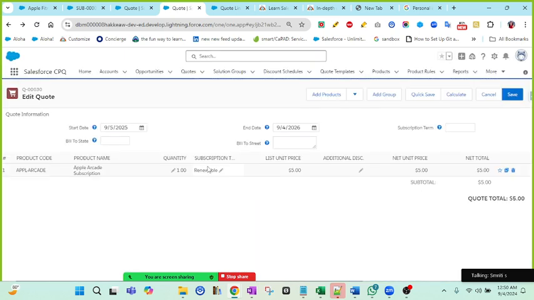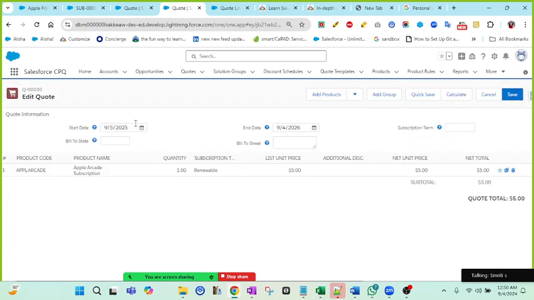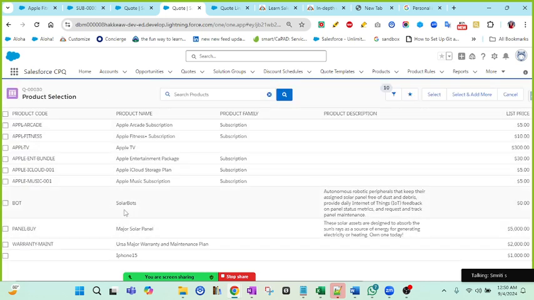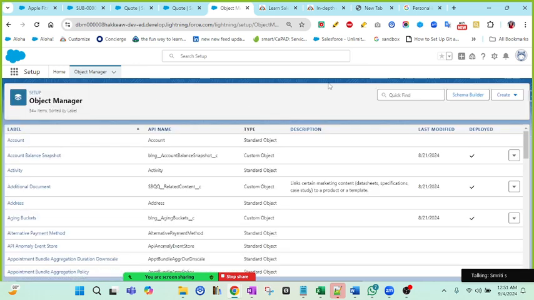So these are very important questions they ask about the field set. Now before that, one more thing. Once you click on add product, one of the questions they ask: this quote header is affected by quote, this is affected by quote line. If I want some fields to be added to product, what do we need to do, like how does this get affected? Again we have the same thing. This is affected by product, these are products, right? So we have to go to product, and there we need to set up. So if I go to a particular product,